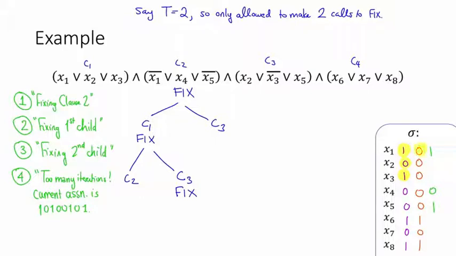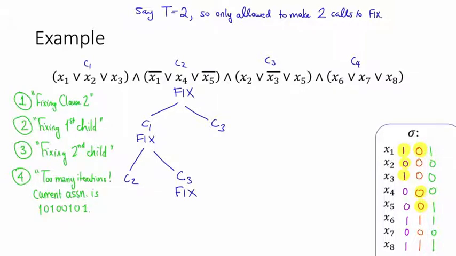And I know that these were the random bits that I flipped in this call to fix. So now I can fill in the assignment that I must have had before this call to fix. It was those 3 bits and then just copying everything else over because they didn't change. So now I've basically unwound the algorithm all the way to the beginning. I know that my original assignment sigma must have been this one,